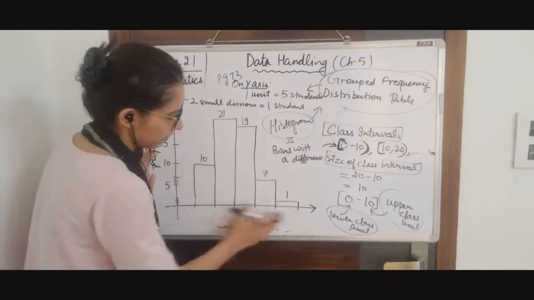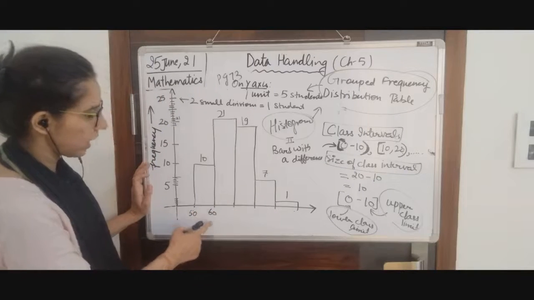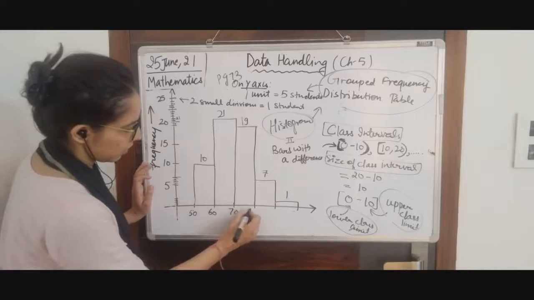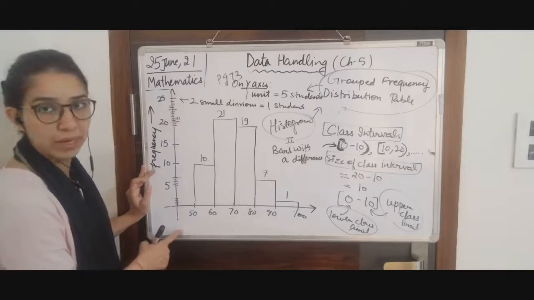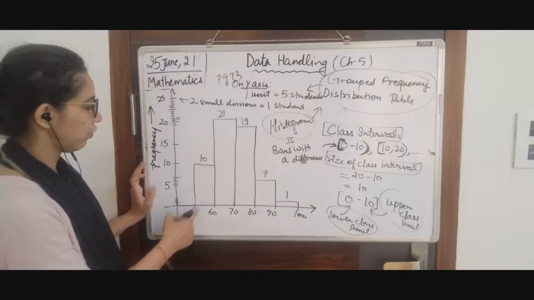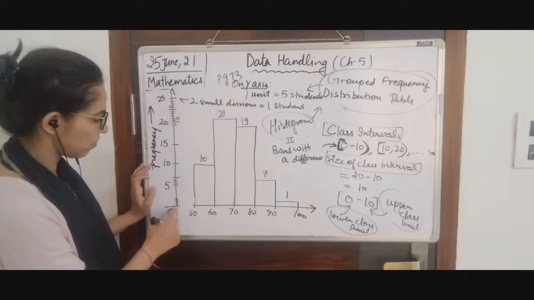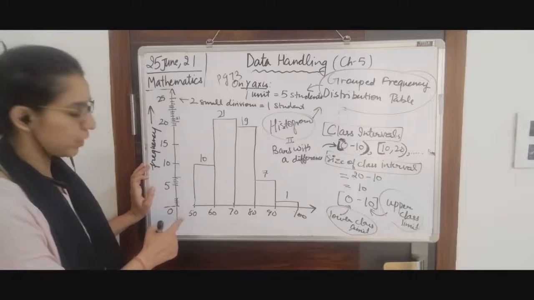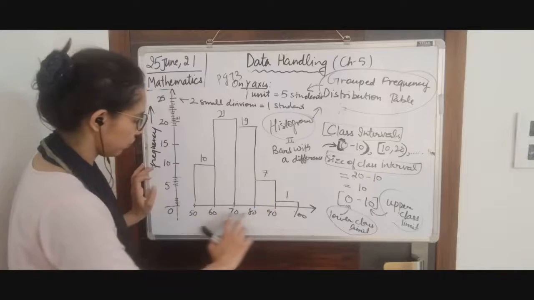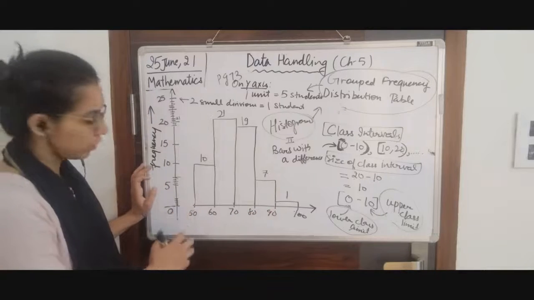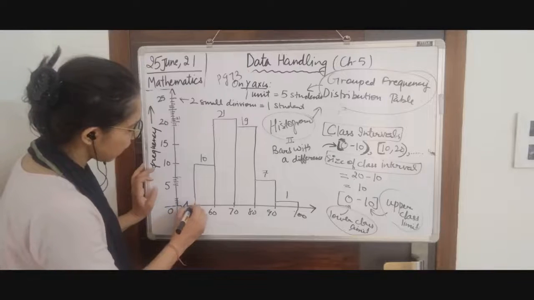Suppose I want to start data from 50 to 60. No student has 70, 80, 90, 100. No student in the class has less than 50 marks. So I am going to start with 50. So should this represent 0 to 50? It will be asymmetrical because here each bar is representing a class interval of 10, and here it is representing 50. So what we will do, we cover it by a broken line.